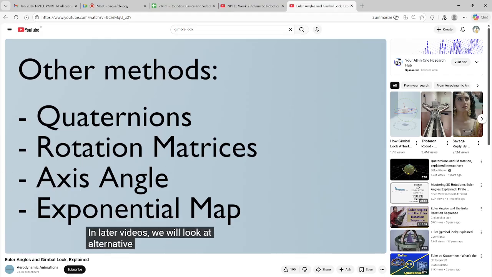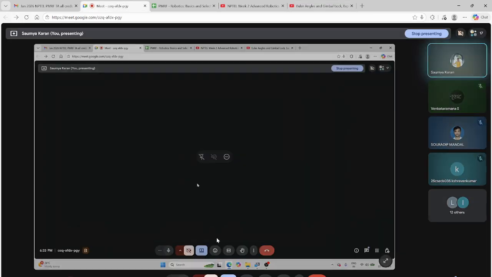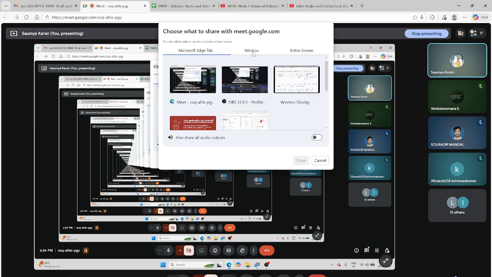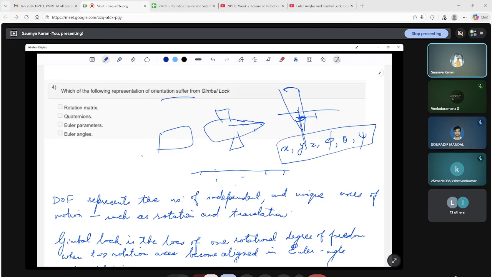Okay, so screen I want to change now. Okay. Okay, so